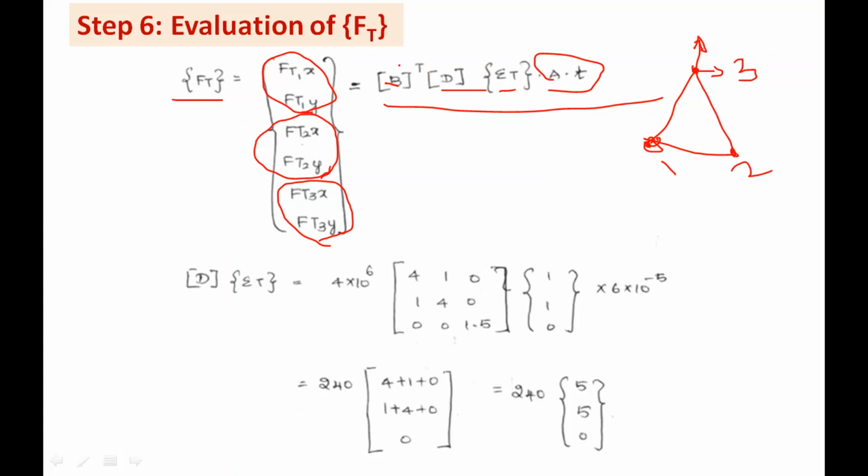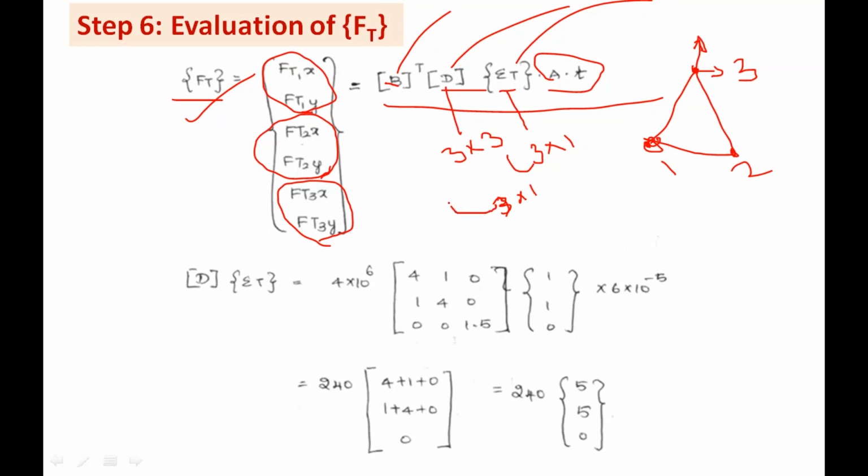So now we have evaluated B matrix, D matrix and epsilon T. Substituting all the values, we will get the required thermal load. But when you do this matrix multiplication, we can do it in the reverse order. We can easily get these values of Ft without using a calculator, we can do it manually. Because we know the size of the epsilon T is 3 by 1, like a type 1 problem we are doing here. Size of the D matrix is 3 by 3. So we can multiply these two. So we will get a 3 by 1 matrix as a resultant.